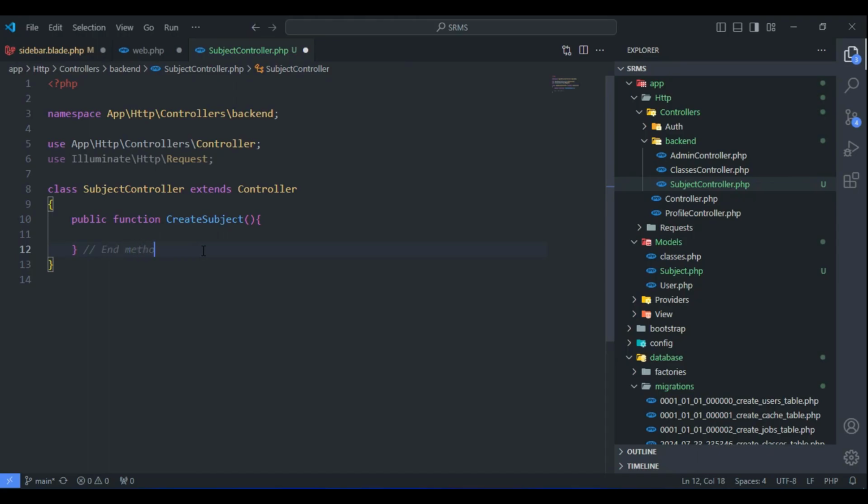End method. This is just a comment that indicates the end of our methods. So now we're going to go ahead and create our view, our create subject view. So let's go ahead and say return view like so. And then I'm going to go ahead and create our view inside of our backend folder. Inside of our backend folder, I'm going to go ahead and create another directory called